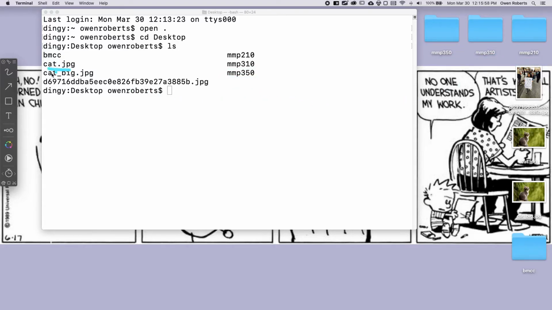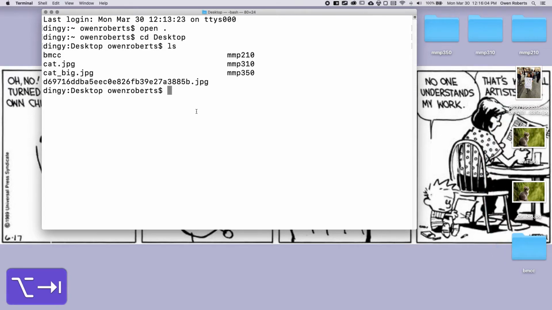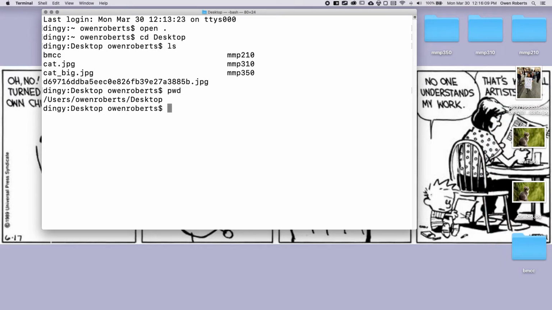And you can see I have a couple images and I have a BMCC folder as well. So that all matches there. So we know that we're on the desktop. Another command that you can do is pwd, which will print out the current location